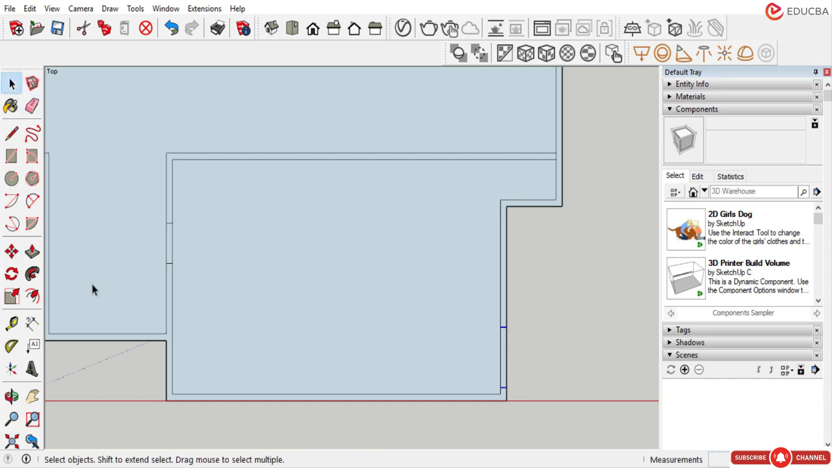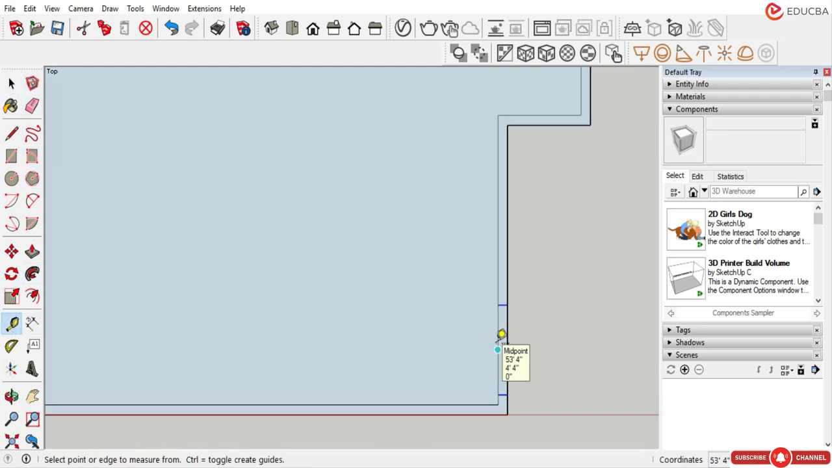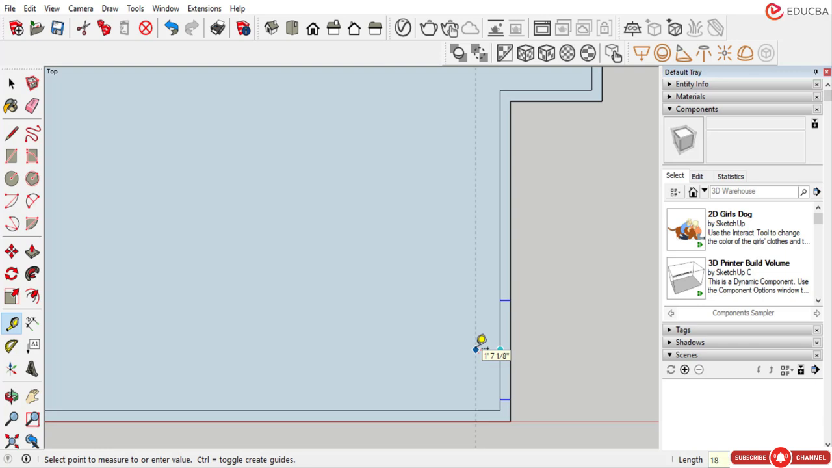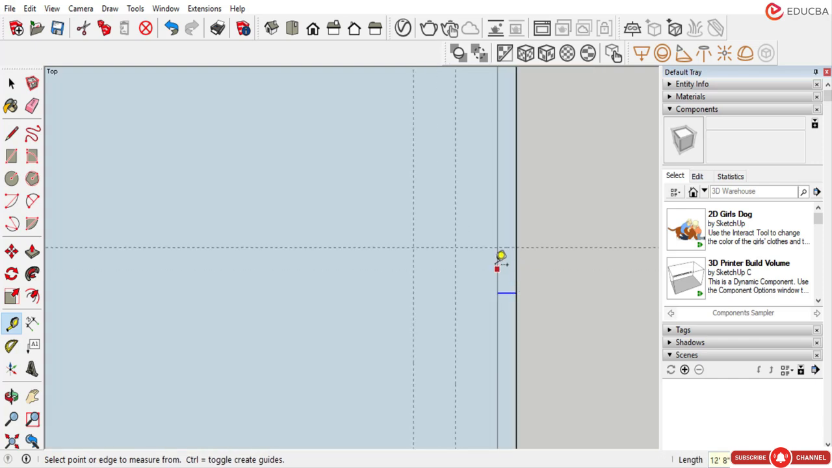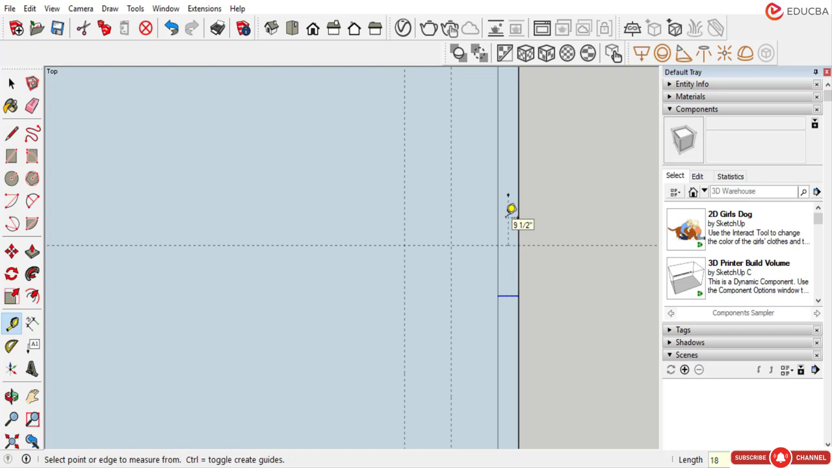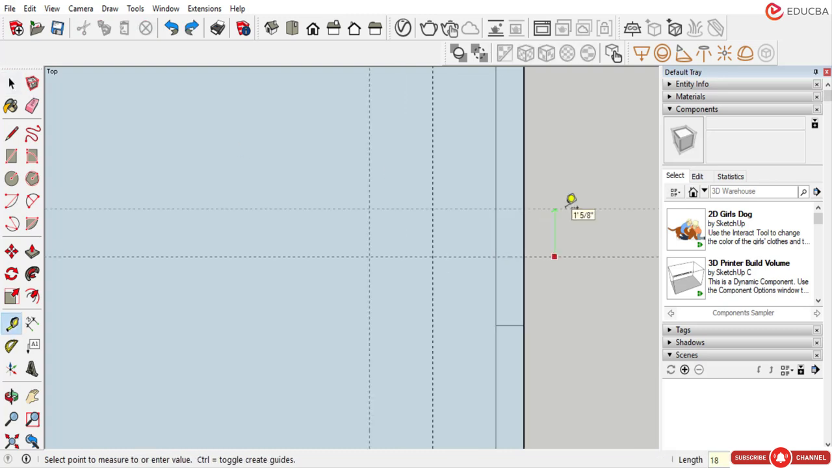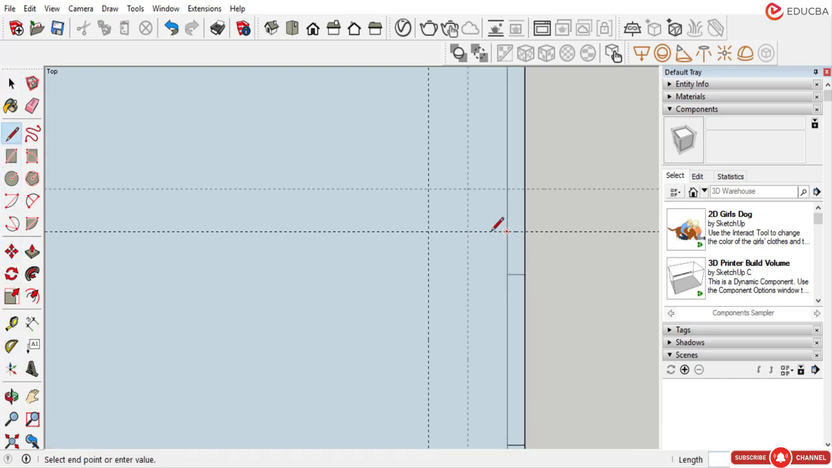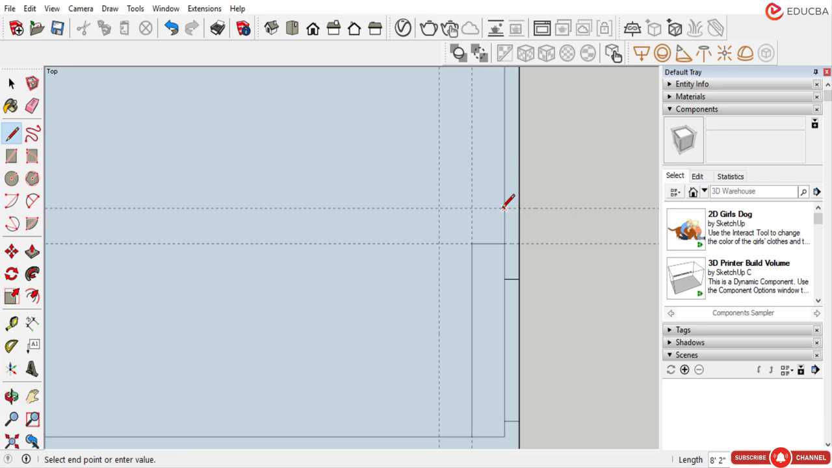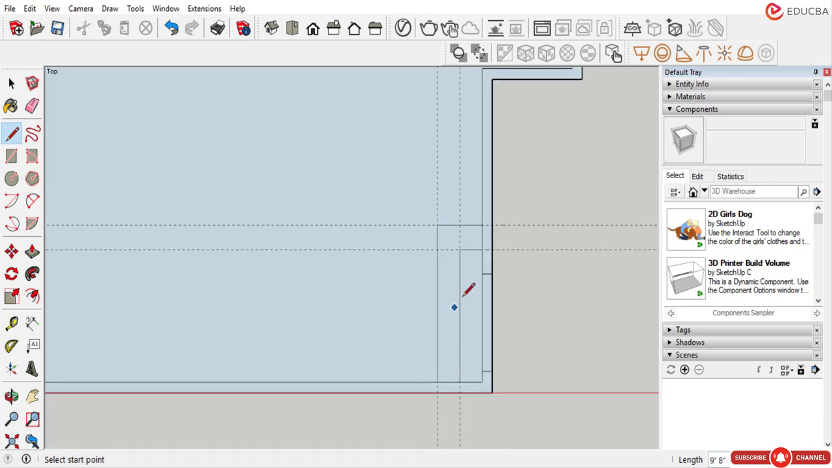And now just provide the staircase or the simple steps for this entry gate by using the measurement tool command, and 18 inch here, again one more 18 inch here. From here provide 18 inch, and again here 18 inch like this, 18 inch here. Now draw the line from here to here, and again from here to here. So it will become these steps, and